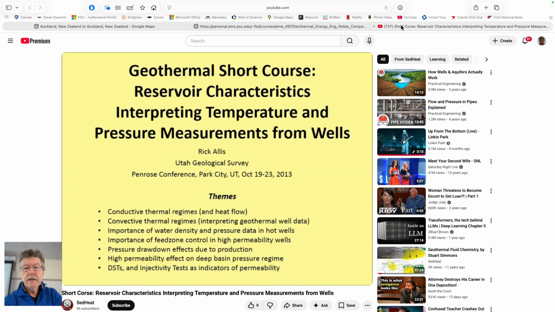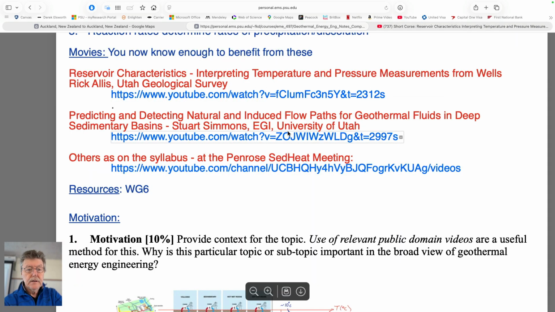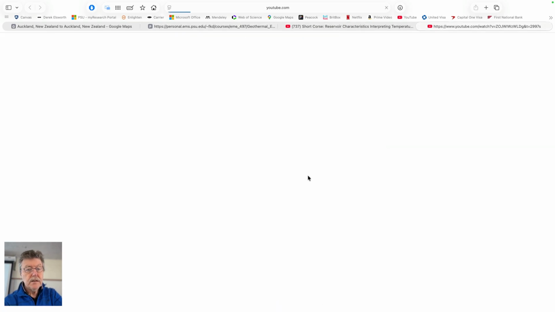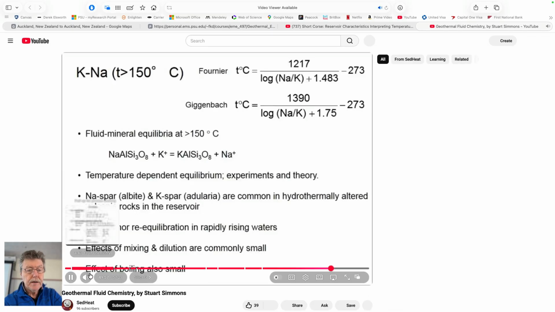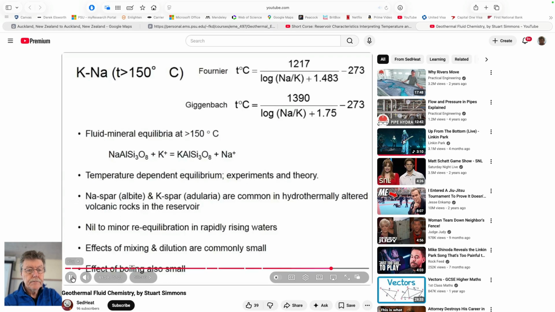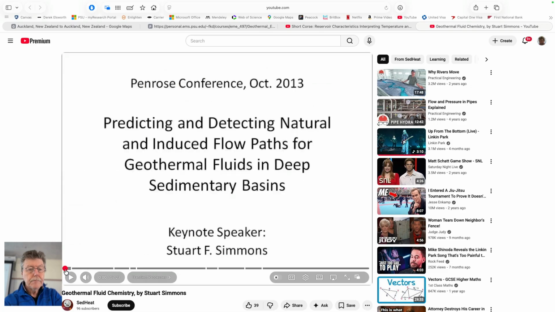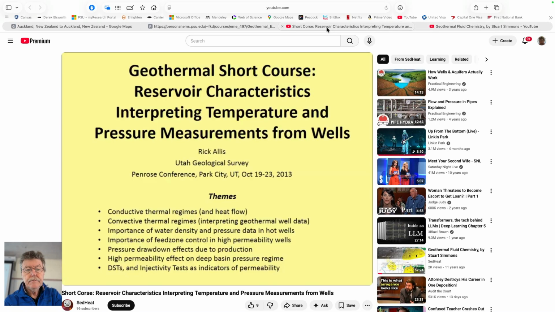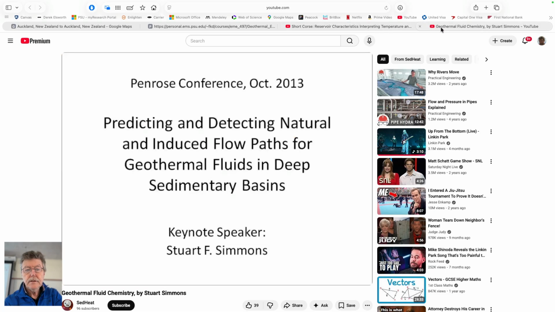In particular, I'm looking at this one by Rick Alice, and also this one by Stuart Simmons, looking at very similar things. There's one on here by Jim Folds as well. There's some discussion on different geochemical signatures to look for in these. And I guess the main component, if we look at it,